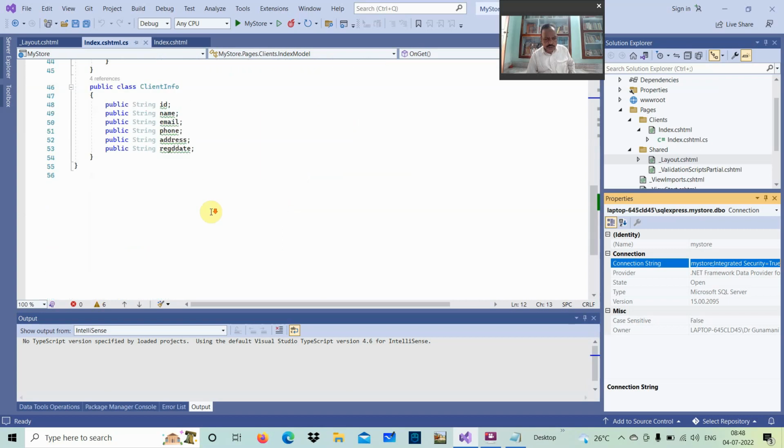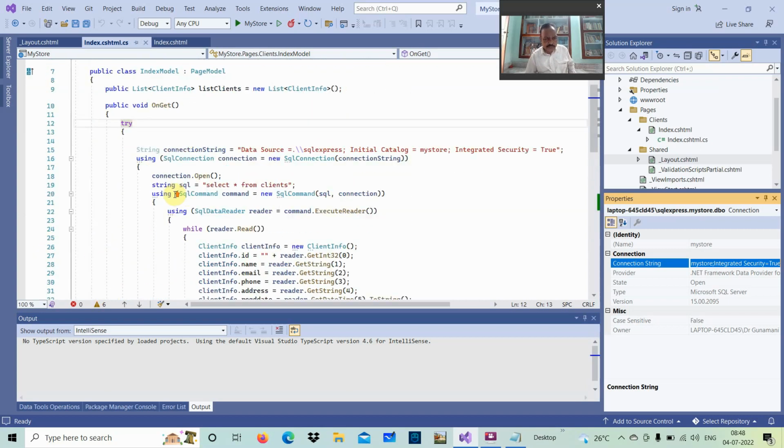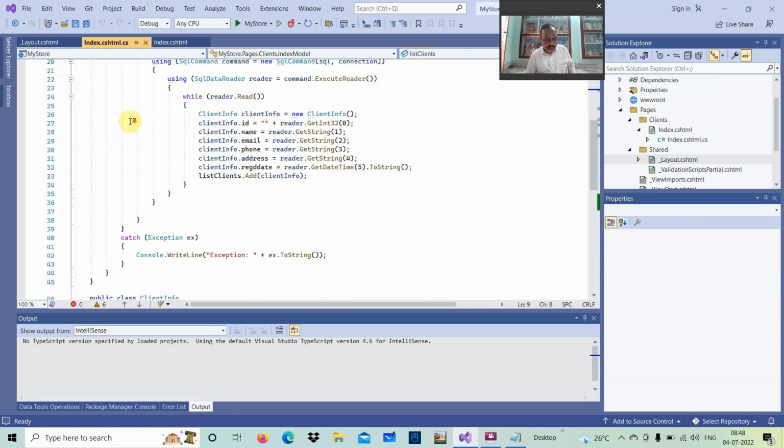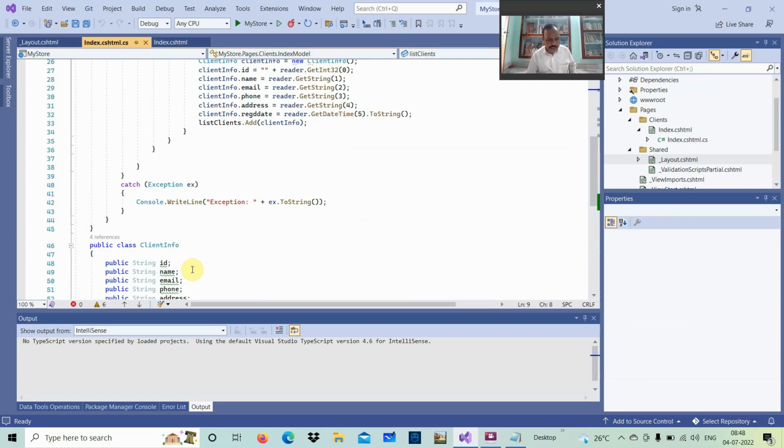these things I am telling. Before that what you have to do, you have to create another class. Where do you create this class? You see, initially we have only one class, public class index model. Initially all the things are not there. This line is also initially not there. So it was there up to this because try catch we created. Then just after this we created another class, public class client info. So client information I created the class.